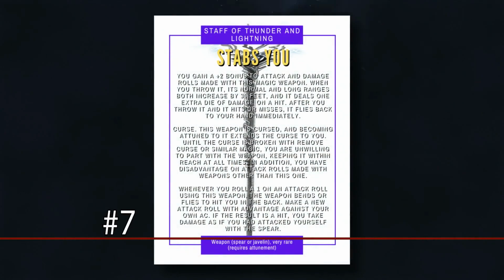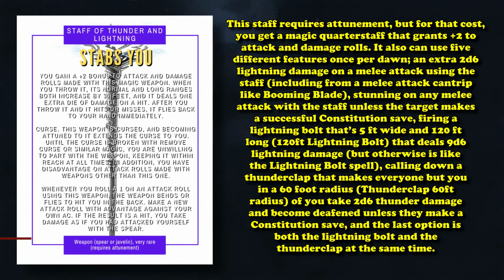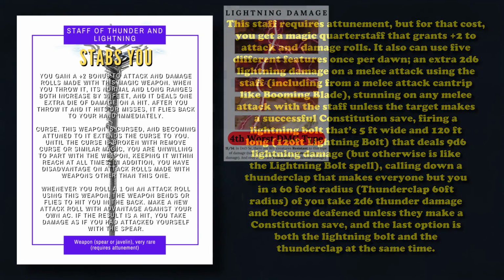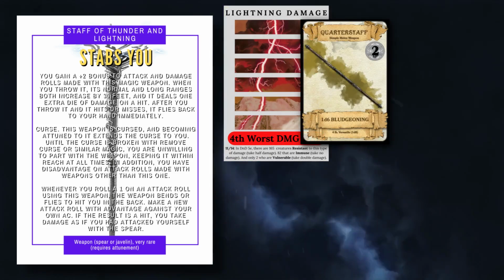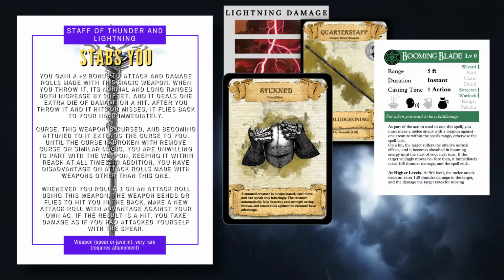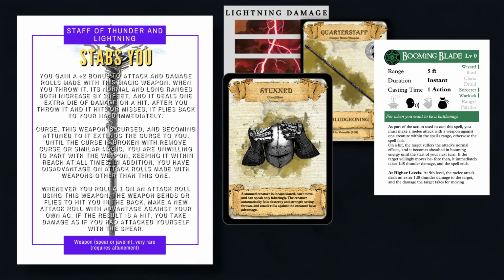And at number 7, we have the Staff of Thunder and Lightning. This staff requires attunement, but for that cost, you get a magic quarterstaff that grants +2 to attack and damage rolls. It also has 5 different features, each usable once per dawn. An extra 2d6 lightning damage on a melee attack using the staff, including from a melee attack cantrip like Booming Blade, stunning on any melee attack with the staff unless the target makes a constitution save,